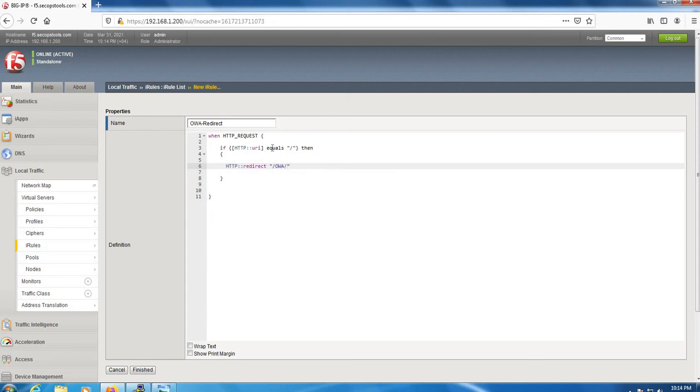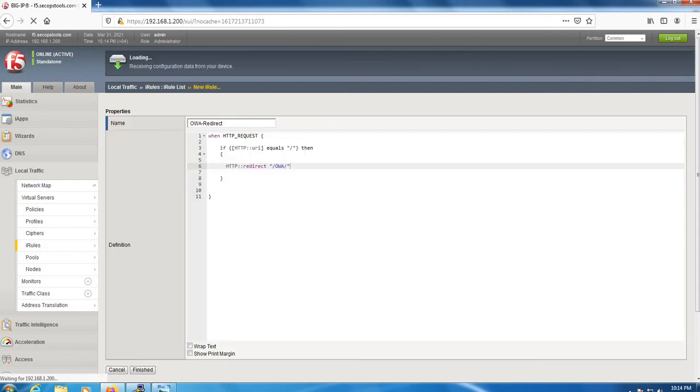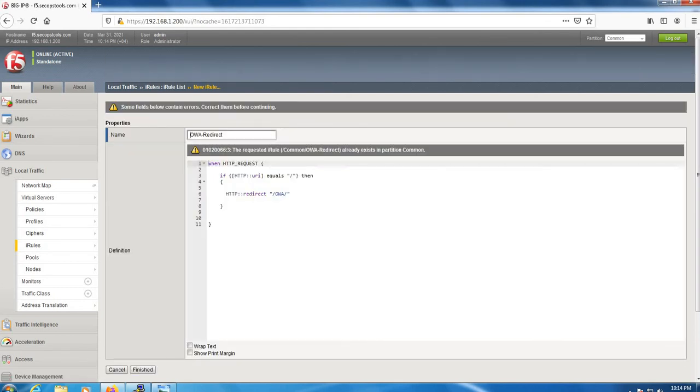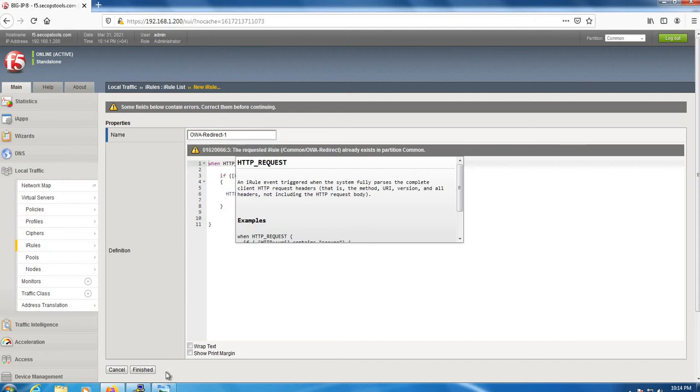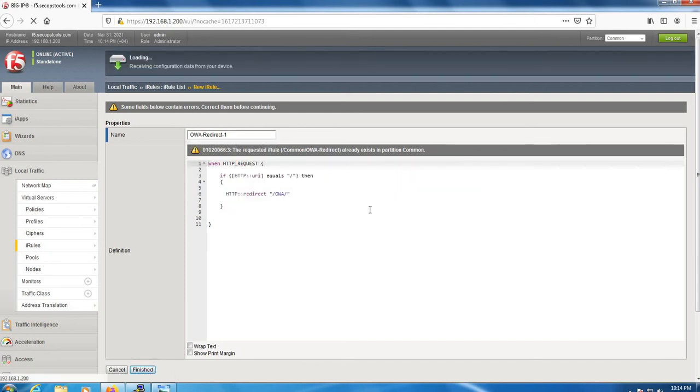I guess that should work, so let's test now. Finish it. Okay, what is it saying? I guess an iRule already exists with that name, so let's name it OVA-redirect-1. Let's finish it.